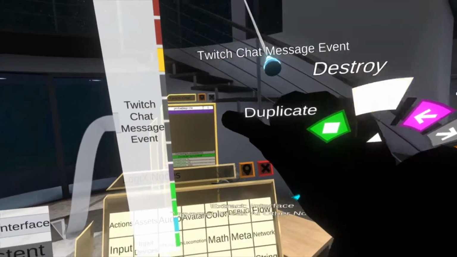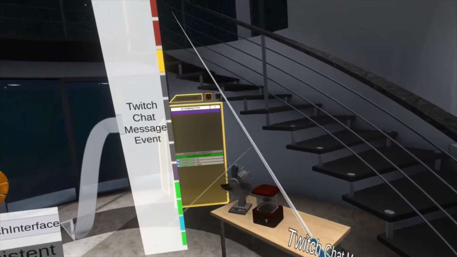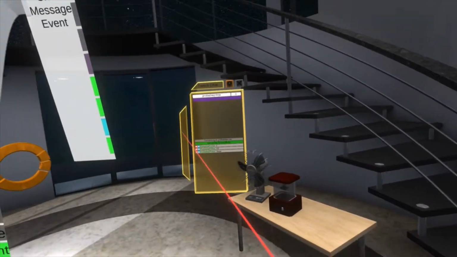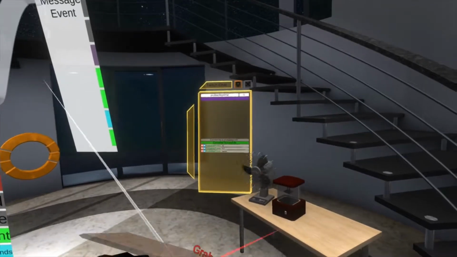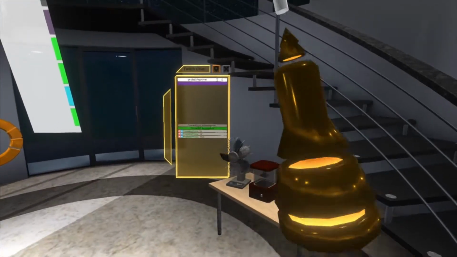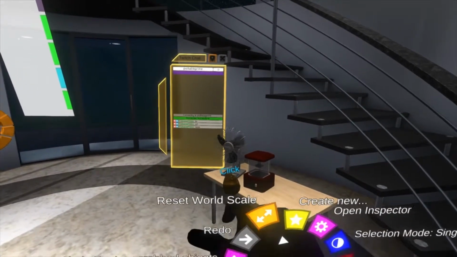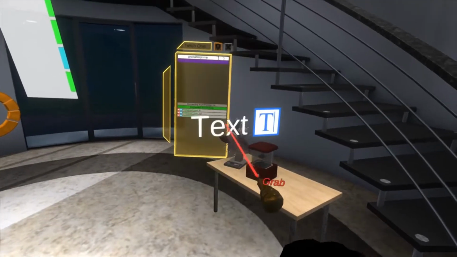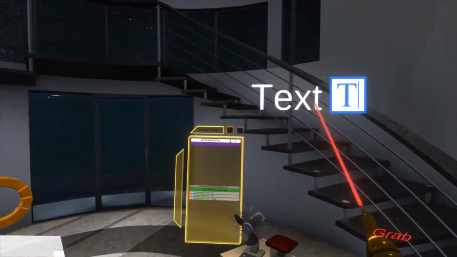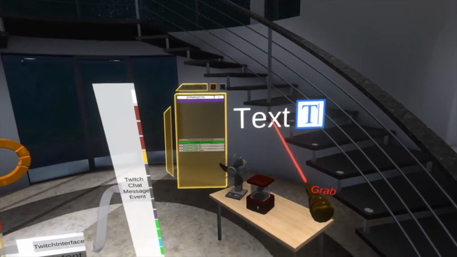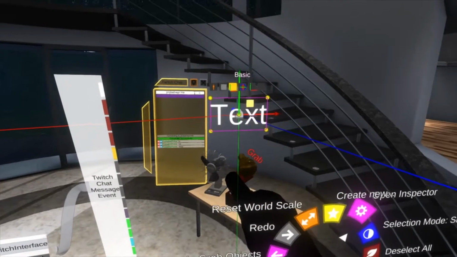To demonstrate that, I'm going to set up a setup where I make the latest Twitch chat message appear within a text object within the world. So if I grab my dev tool tip and go to create new, and I go text, basic, we'll have a piece of text floating in the world. If I now secondary select this, open an inspector,